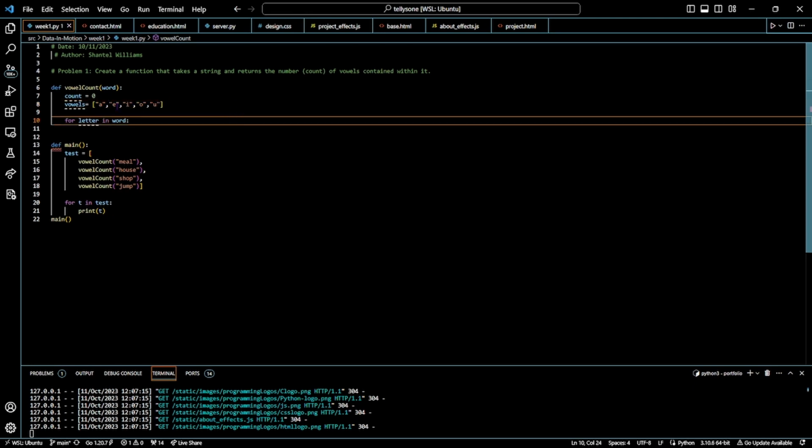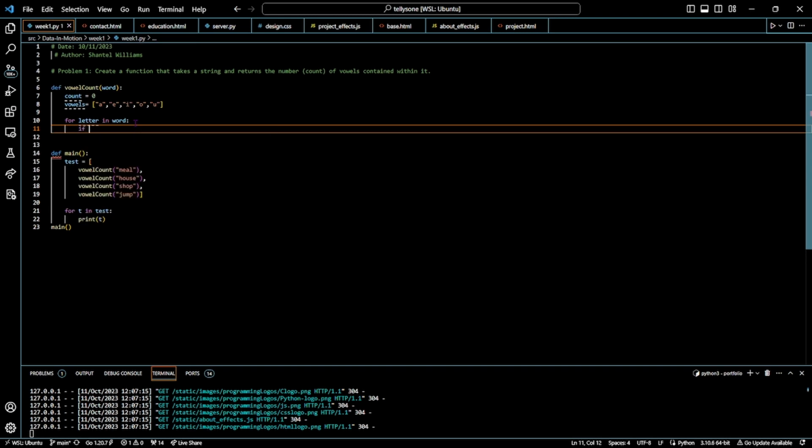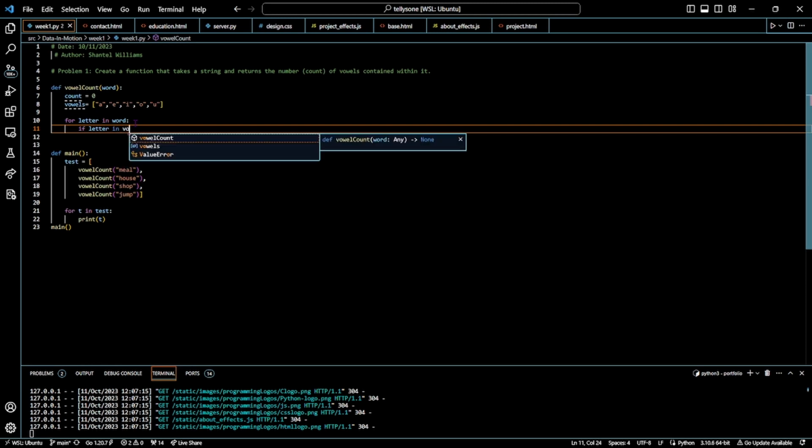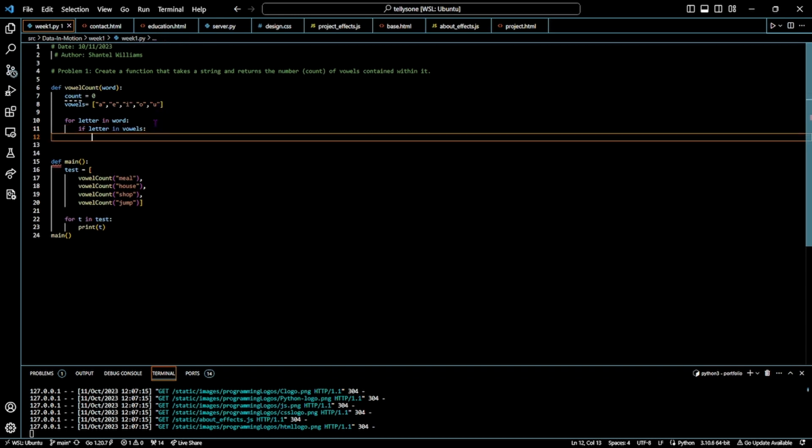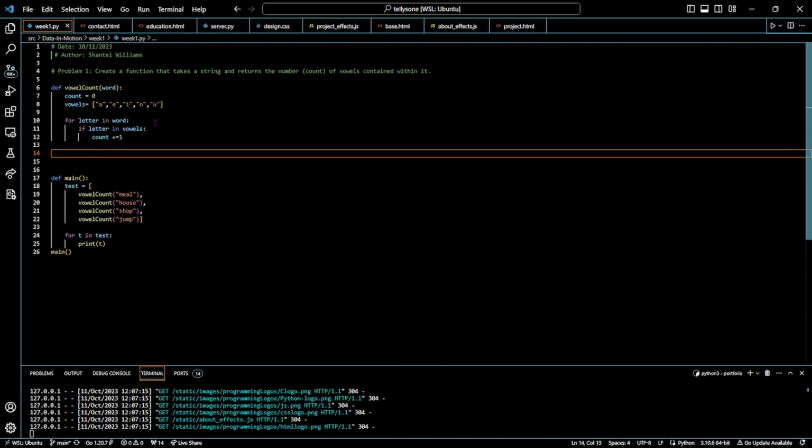So now that we have that list here, we have something to compare our letters to. So we're going to say for letter in word, if that particular letter we're on is in vowels. So it's going to go to each letter and see if that letter is in our vowel list we declared here. And if that letter is there, we want to add 1 to our count. So we'll say count plus equals 1. And now that we've checked the count for each letter, we can at the bottom return that